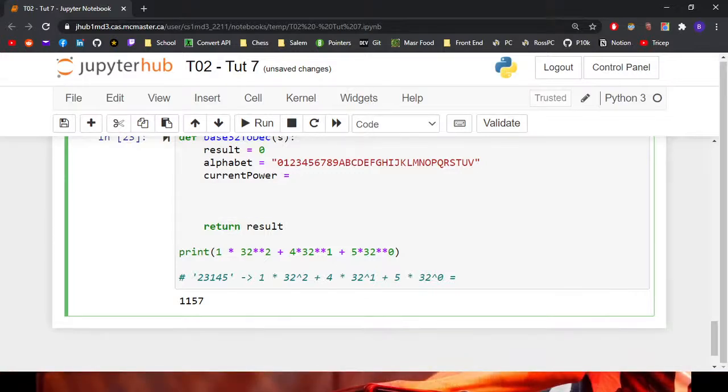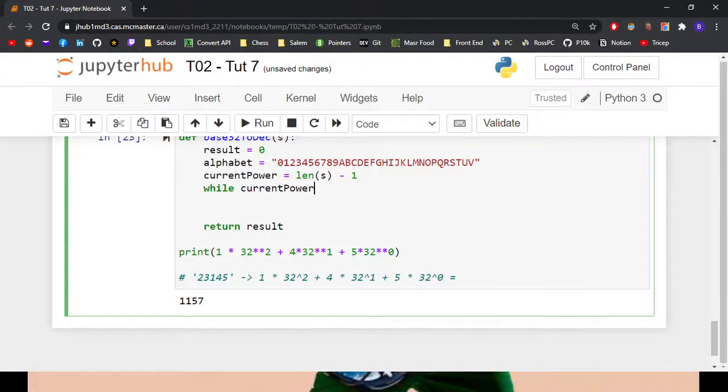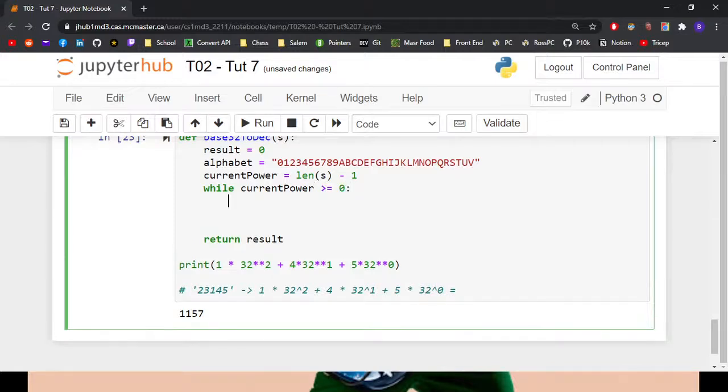So current power, we could just say, is equal to the length of the string minus 1, right? And so you could say while current power is greater or equal to 0,